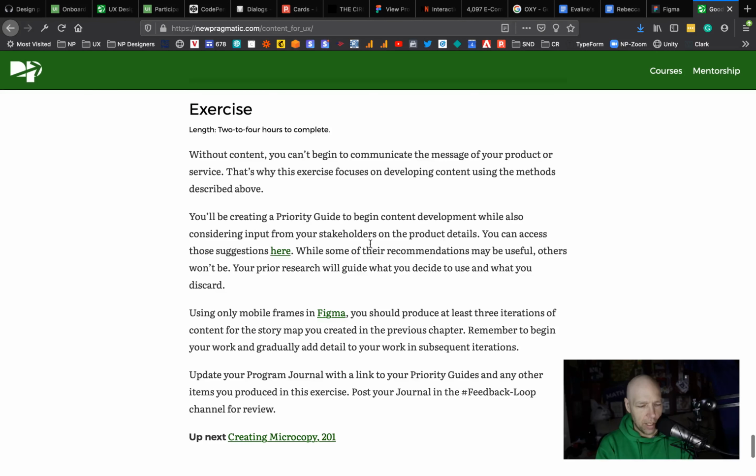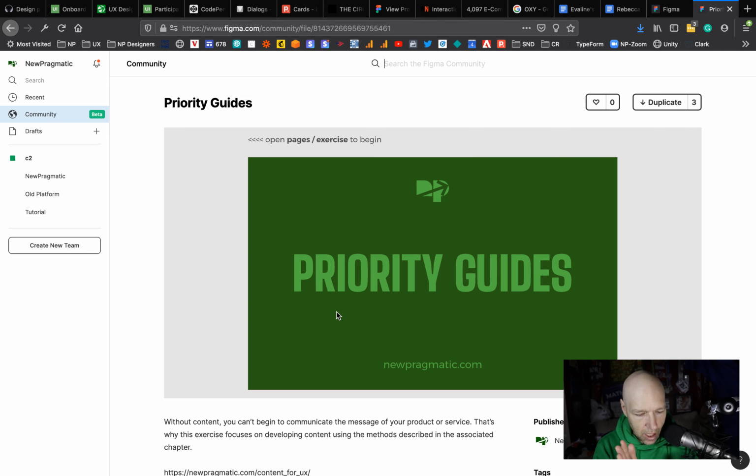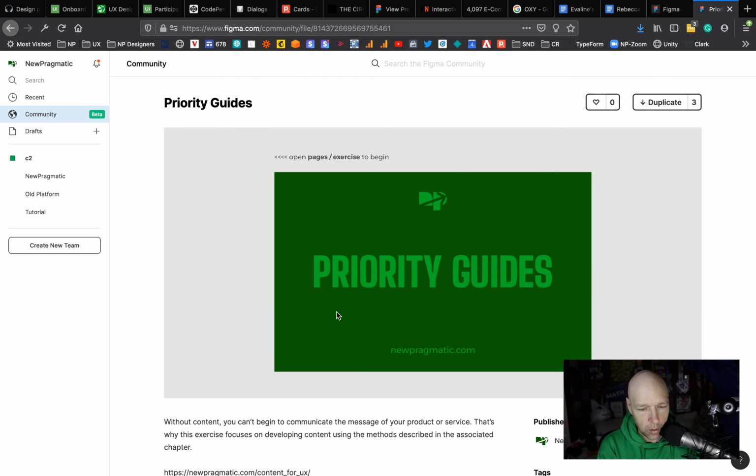So the whole point of priority guides is to produce 3 iterations of the content for the story map you created in the previous chapter. You don't have a story map, so you're really focused on: what content have they told me? What questions have I asked? And here with priority guides, you'll duplicate this, but you're going to make 3 separate cuts of